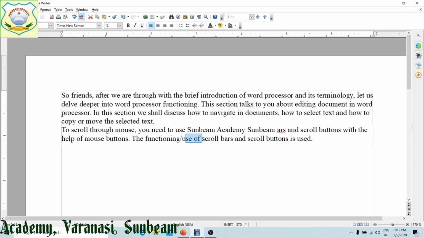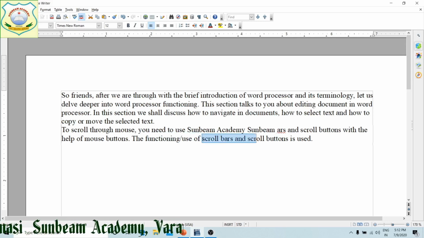Now again I will hold down the shift key and left arrow key, it will start selecting towards the left hand side. If shift and right arrow key, now you can see deselect, then selection towards the right hand side, right? This is the shift key with these two keys.